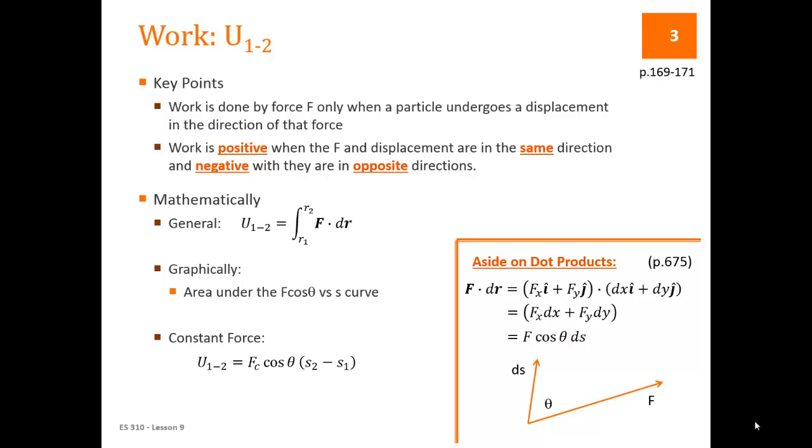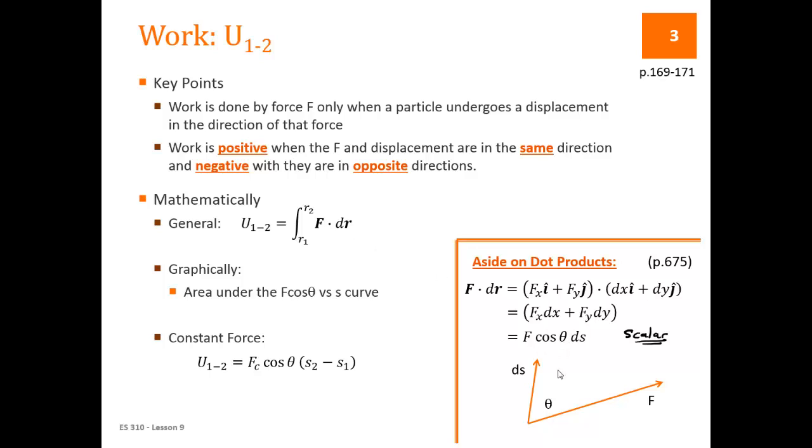So if you remember back to statics where we looked at dot products, mathematically, if you have a vector dotted with another vector, you multiply the x parts together, and then you add the product of the y parts. Notice you start with vectors, but the dot product is not a vector. This is a scalar, right? No directions are involved. If you know the angle between F and ds,